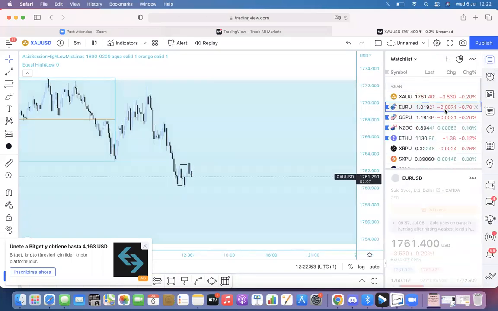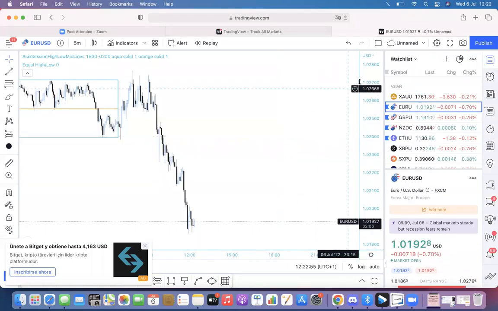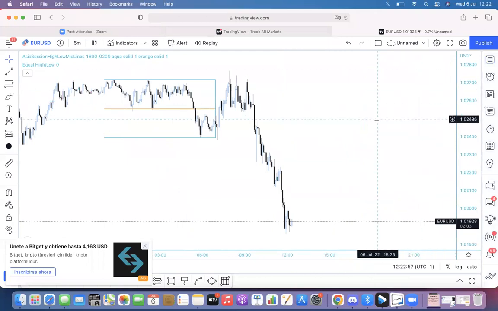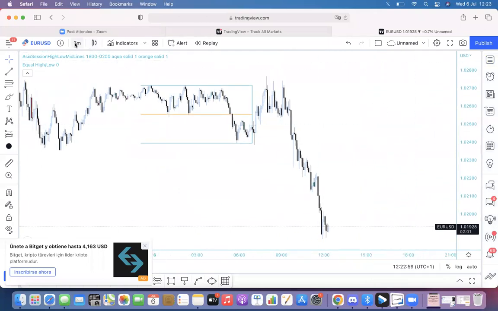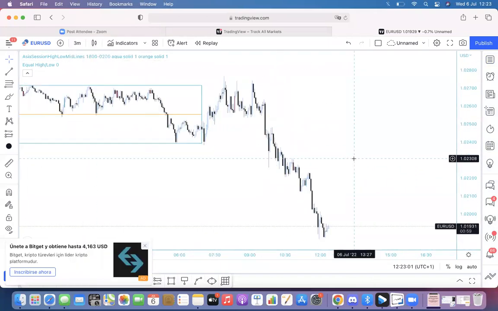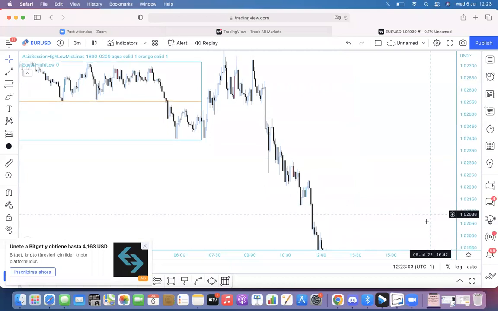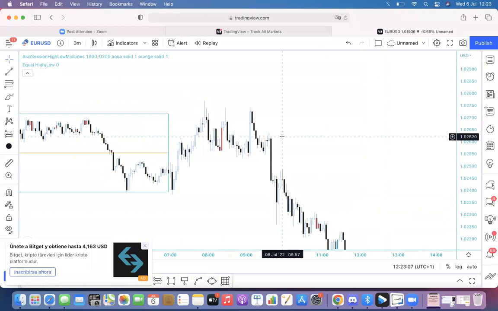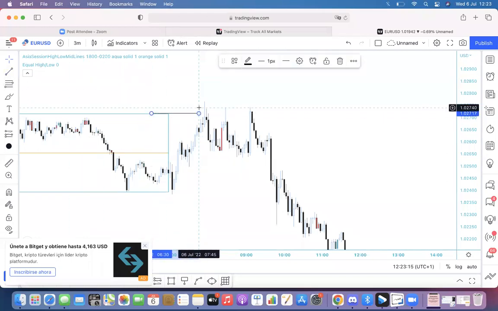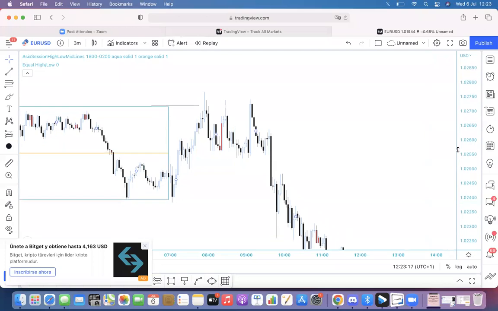EURUSD instead was pretty good, but again, didn't meet my criteria for entry, because as GU was bearish, also EU, in my opinion, was bearish. Therefore, I was looking for sells. Here we took out Asian lows. I was not looking for buys because I was bearish. Here we take out Asian highs, and after taking out Asian highs,